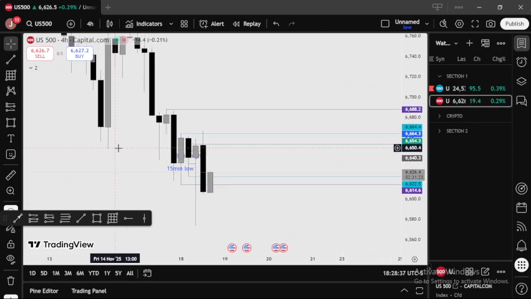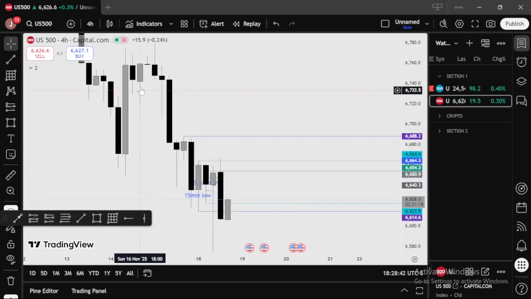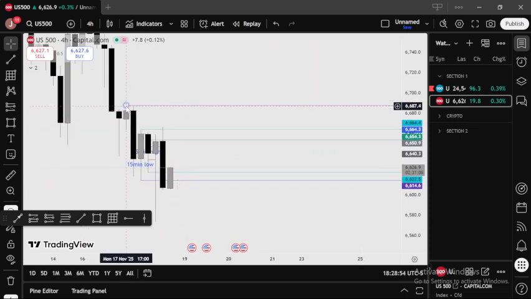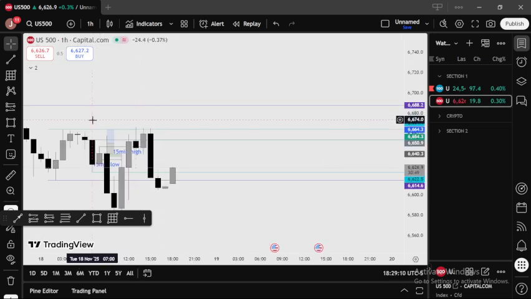Today I was bearish, because on the 4 hour clearly we're bearish. 4 hour break of structure, you see 4 hour bearish order flow. I marked out the 4 hour high, which was this one, and the 4 hour low, which was this one as well, which was also the Asian session high and Asian session low again. Let me go to the 1 hour just to show you.